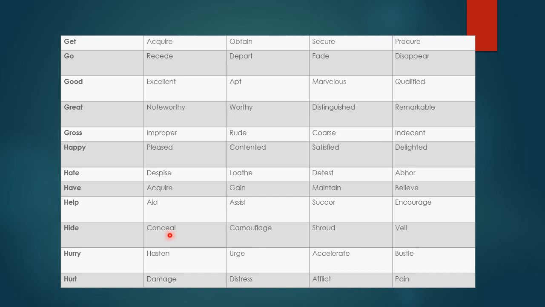Hide, conceal, camouflage, shroud, veil. Hurry, hasten, urge, accelerate, bustle. Hurt, damage, distress, afflict, pain. Clear? Moving to the next.